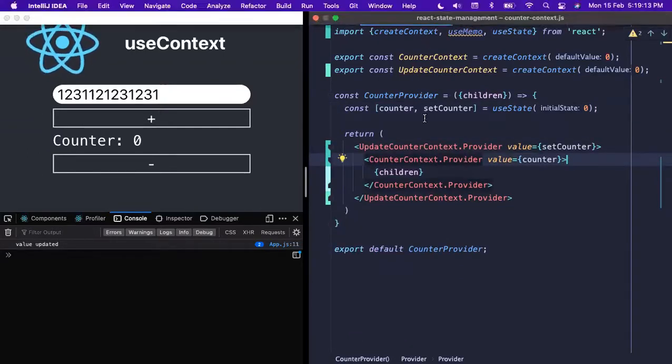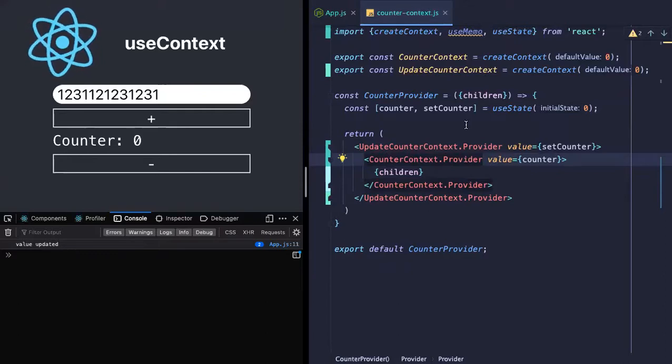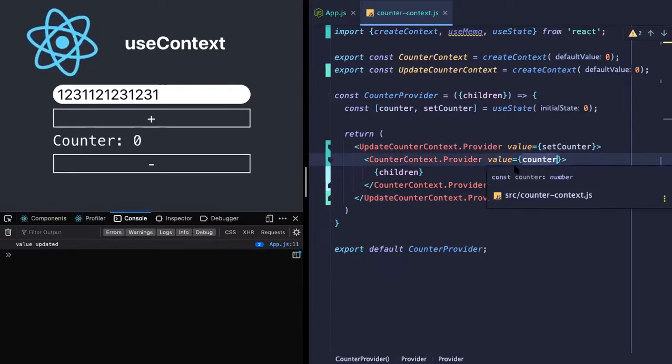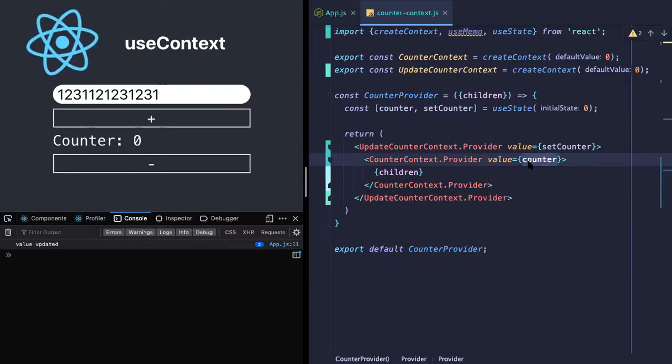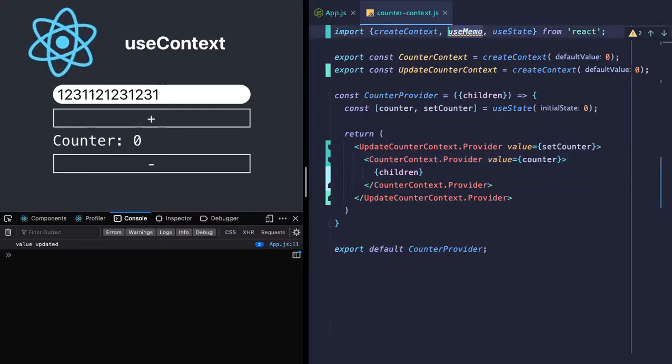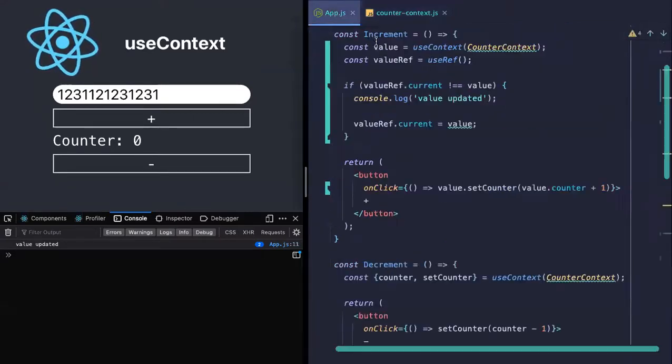We can just use the context directly, whichever particular thing we want out from here, so that now this particular provider will only be giving us counter. That way it is not giving an object. So any time a re-render happens, we are going to get the same value. It is not going to give us a new object on every re-render of our provider. So I'll just remove the useMemo. Now it's not used anymore.